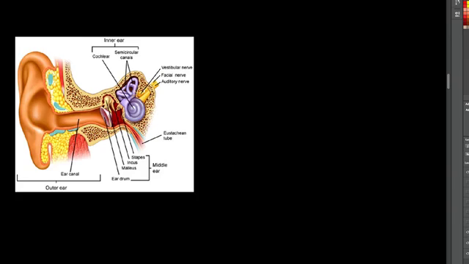I am. So sound. Sound, we all know, is air compressions, right? And so these air compressions are collected by our outer ear and directed towards our middle ear. This part of your ear is called the pinna, and it's shaped sort of like a cone to collect sound, which makes sense. The sound travels through the ear canal, which is about 2 centimeters in length, and the ear canal serves to amplify sound. Okay, very important,